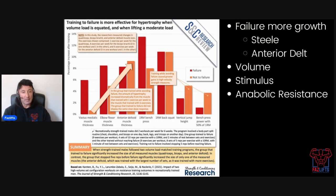So it does appear to point to two things. One, that failure equals more growth. And two, that volume also equals more growth. Now, the way that I like to look at this is from the perspective of stimulus. Okay,